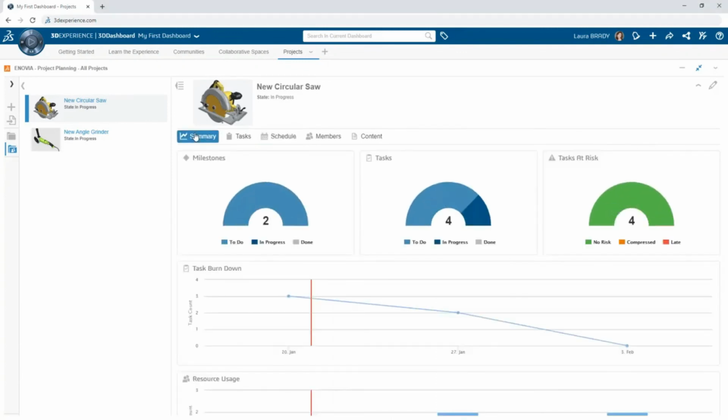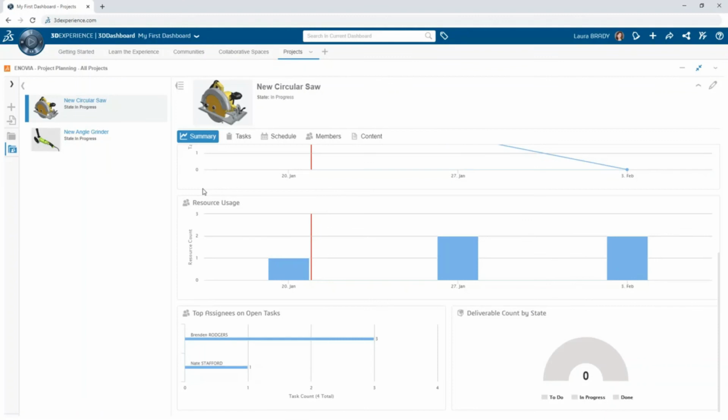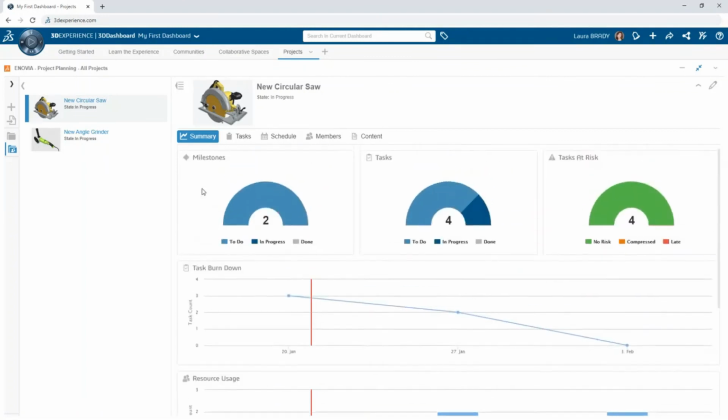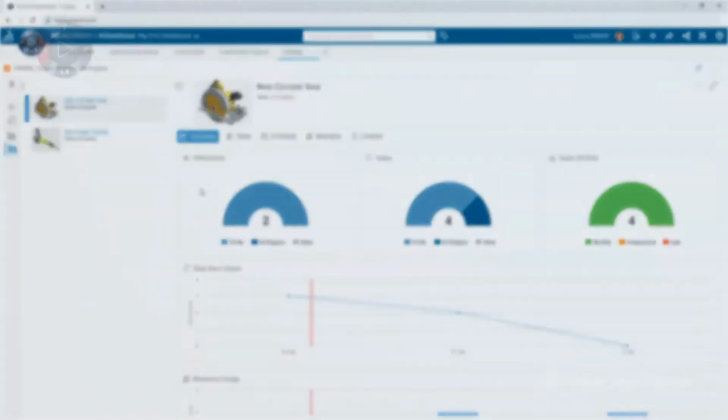All of this is accessible from any device with an internet connection, so you can update your projects at any time and ensure all stakeholders are on the same page. Leverage the power of the